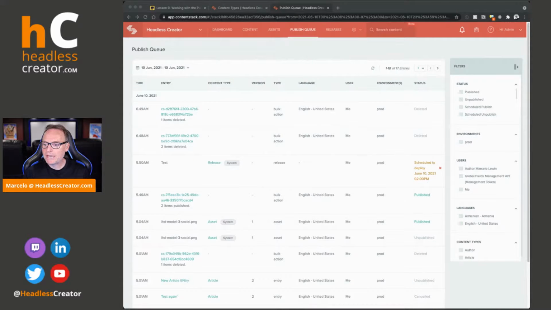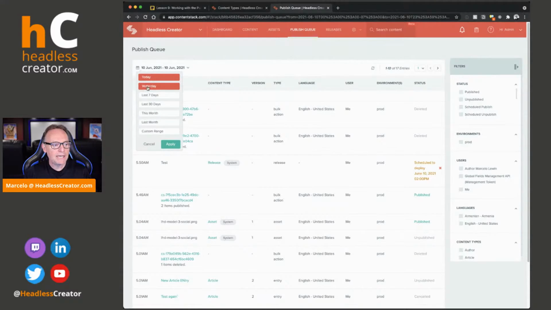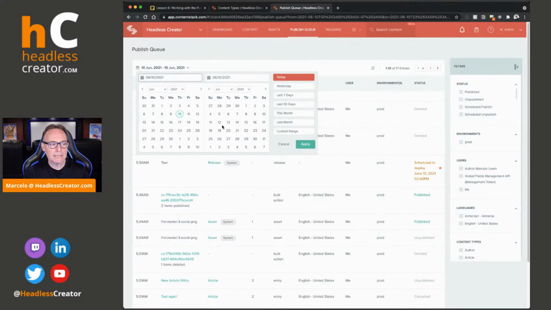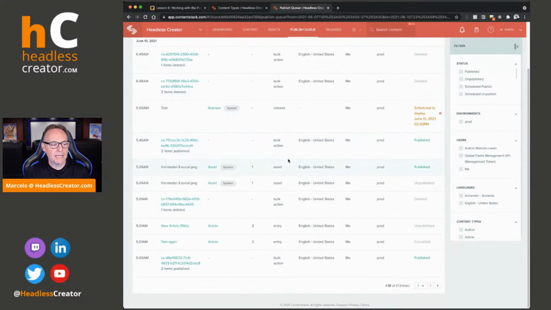So let me review a little bit of the interface, and I've got my agenda here. I want to make sure I got everything covered so far. So far we're good. Okay, so interface-wise, starting from the top here, here's where you can say what date range you want to see the publish queue. So not only do you get to see what's happening right now, but you can go back in time. You can do today, yesterday, last 7 days, last 30 days, this past month, this month, last month, and then a custom range, which opens up a picker, so you can say, I want to see from the 7th to today, apply. And now it's showing me anything that happened from the